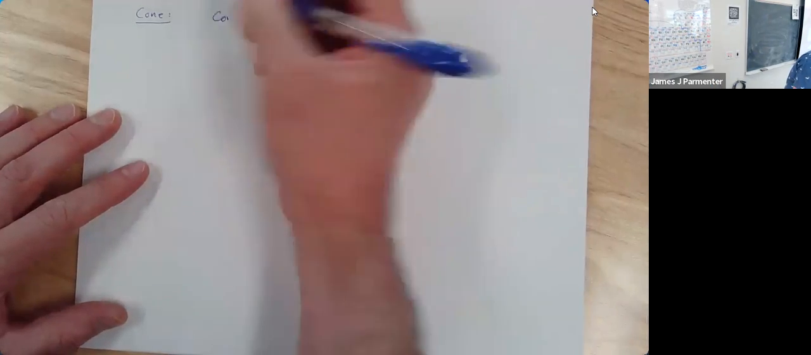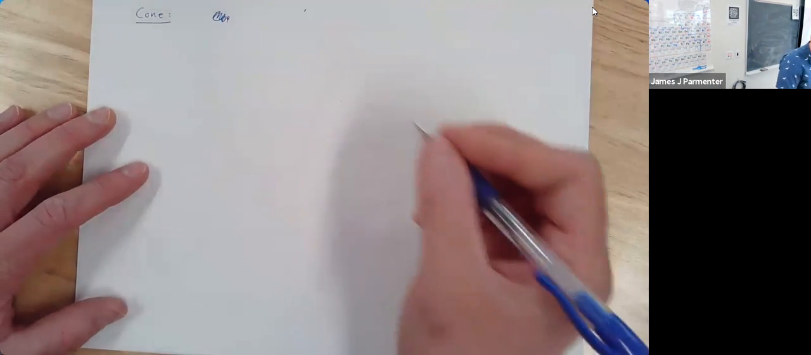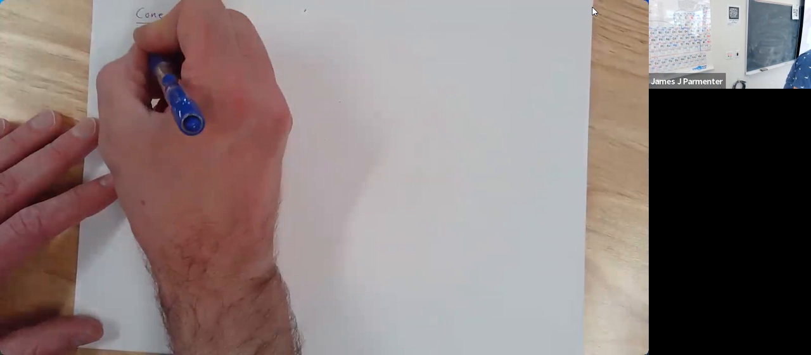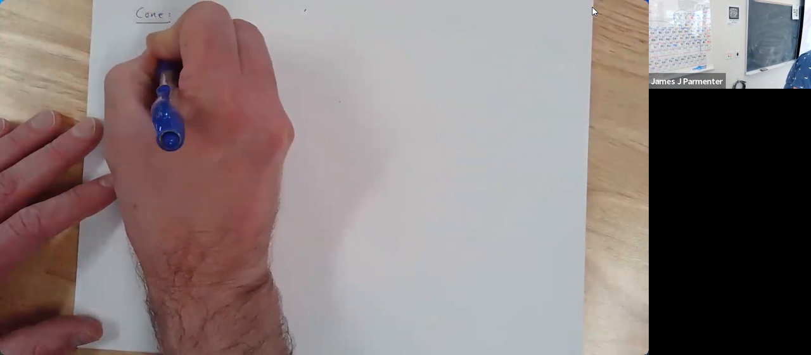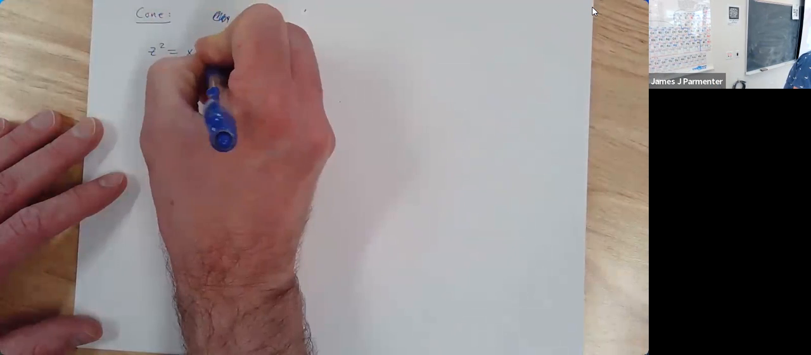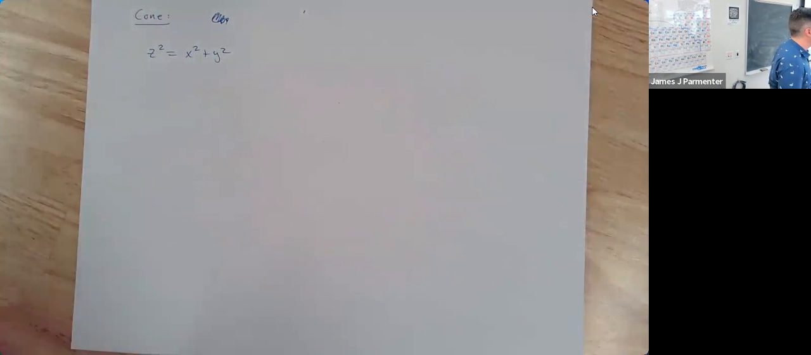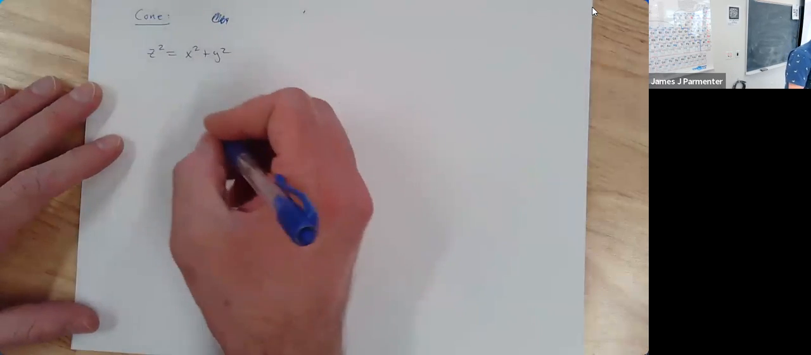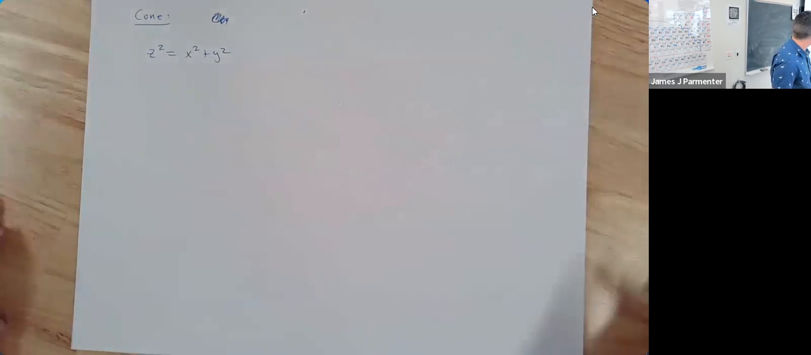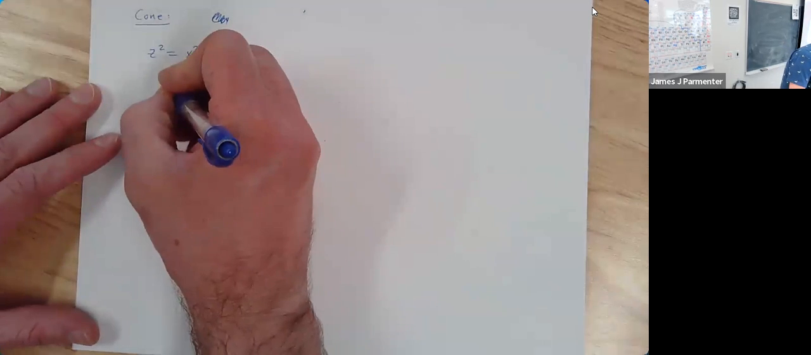So when I think of a cone, I personally think of it as z squared equal to x squared plus y squared. That's the cone, everyone's favorite cone. We're usually drawing things around the z-axis unless there's a good reason not to. So this looks like